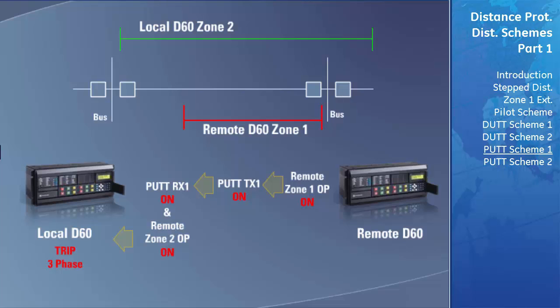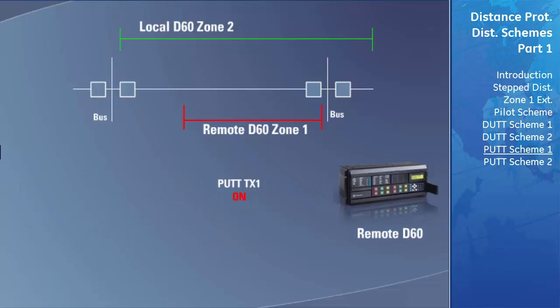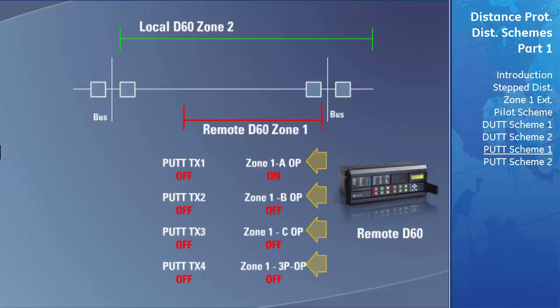If more than one bit of information can be sent back and forth over the communication channel, and single-phase tripping of single-phase to ground faults is to be achieved, the D60 needs to be programmed to use either the 2 PUTT transmit bit scheme or the 4 PUTT transmit bit scheme. Again, like the DUTT scheme for these multi-bit formats, when the D60 PUTT scheme detects a fault located in its